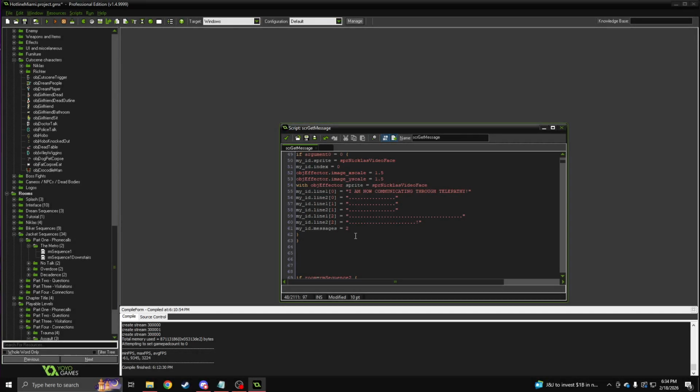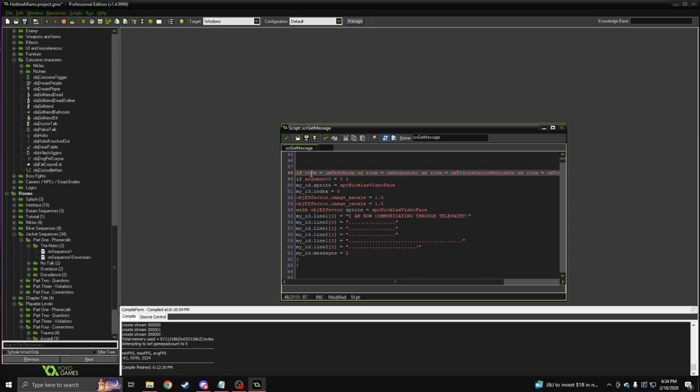So anyways, back to this. We're checking if the player is currently in a certain room, or if the room is set to a certain room, and whether or not this current room is active or being used. For all intents and purposes, if the player is in a certain room,